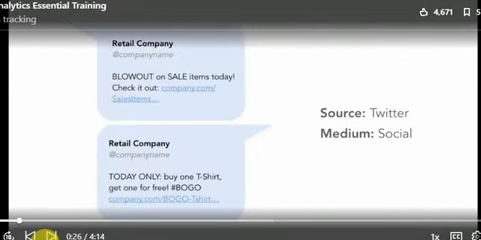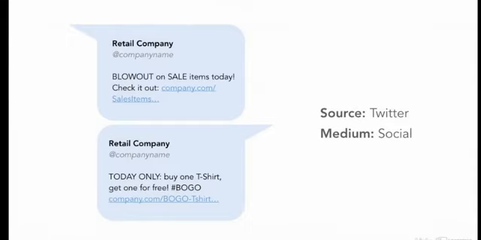Look at one example here. Let's say that you have a marketing campaign happening with just one source. So in this case, our source is Twitter. How do we differentiate the traffic coming from one tweet on sale items versus another tweet on buy one, get one free t-shirts? Since the source is Twitter, and of course the medium is social, there's really no way to separate these two lines of traffic with just these two pieces of information,